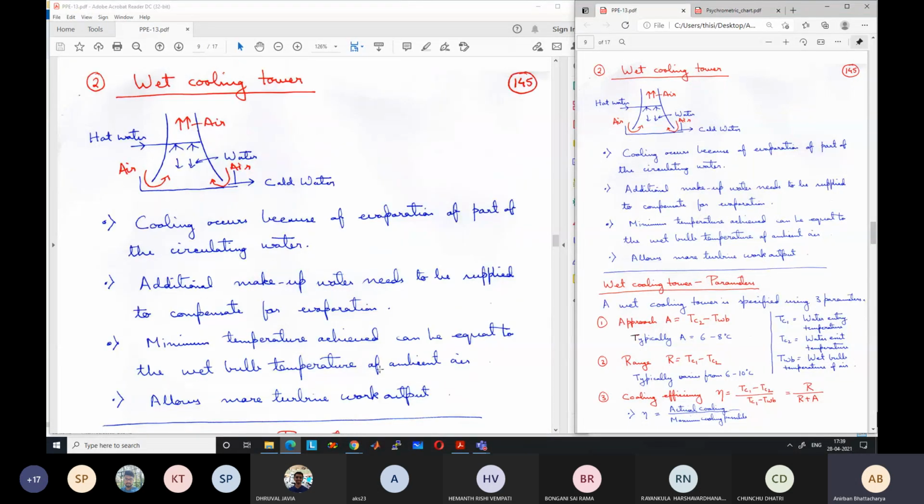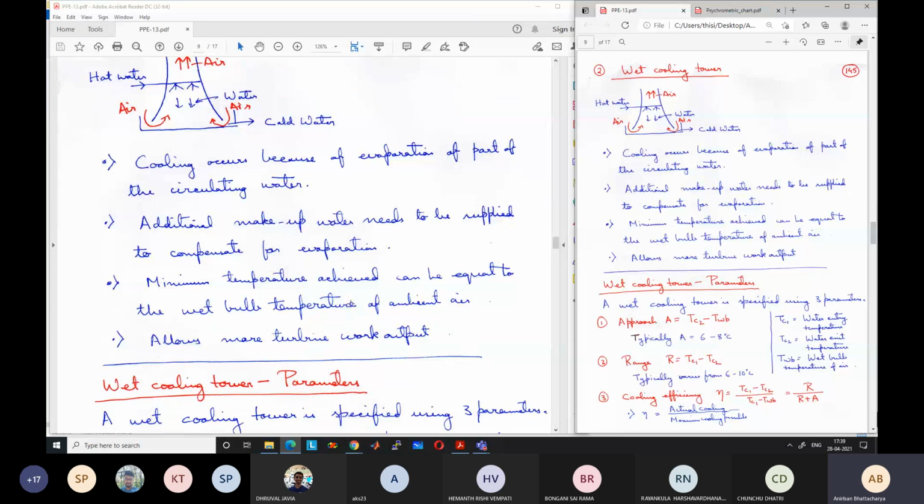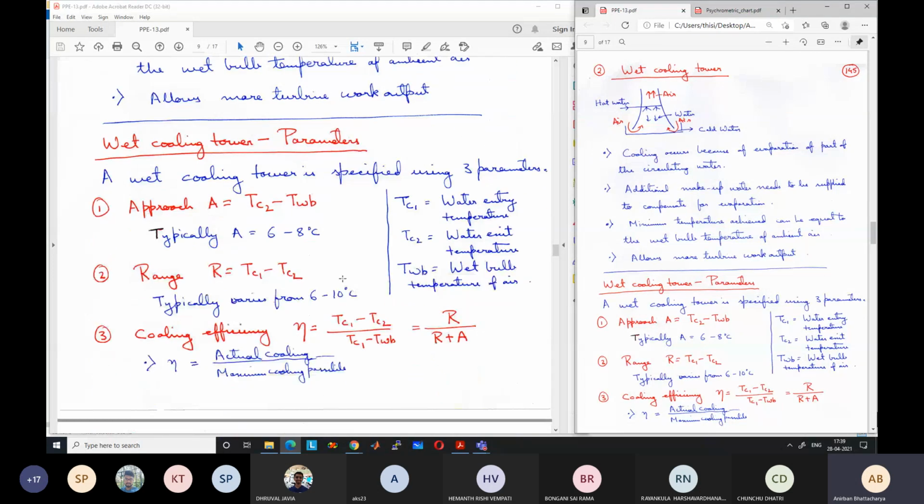Okay. So now we will go into some technical details of the wet cooling tower. Why are we studying the wet cooling tower in more detail? Because this is the most prevalent type of cooling tower. This is the most widely used type of cooling tower, and you have also seen pictures I showed in the previous class, these are very large devices,